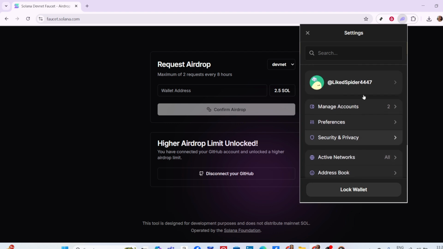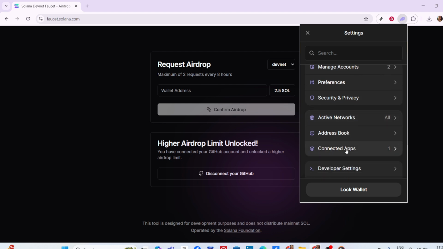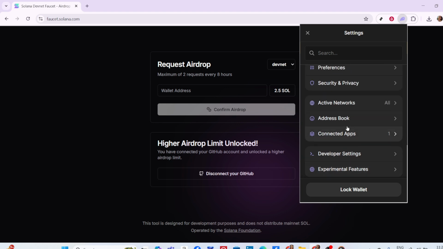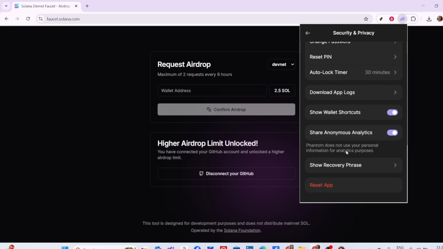Now, how do you get to this option? You'll need to open the Phantom app and navigate to the settings. Scroll down and you'll see the Reset Secret Recovery Phrase option displayed there. At first glance, it might seem like a simple reset feature, but it's crucial to understand the implications before you